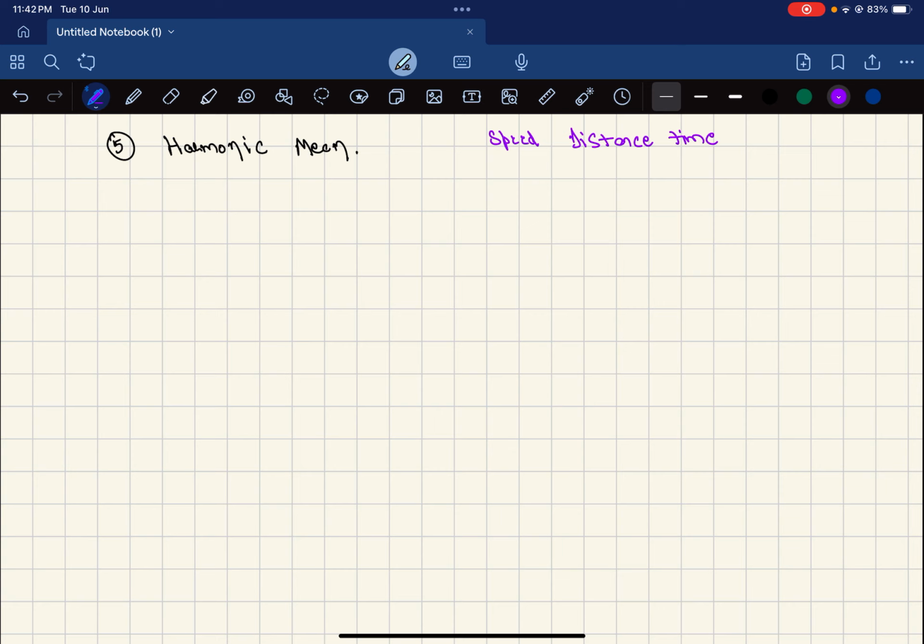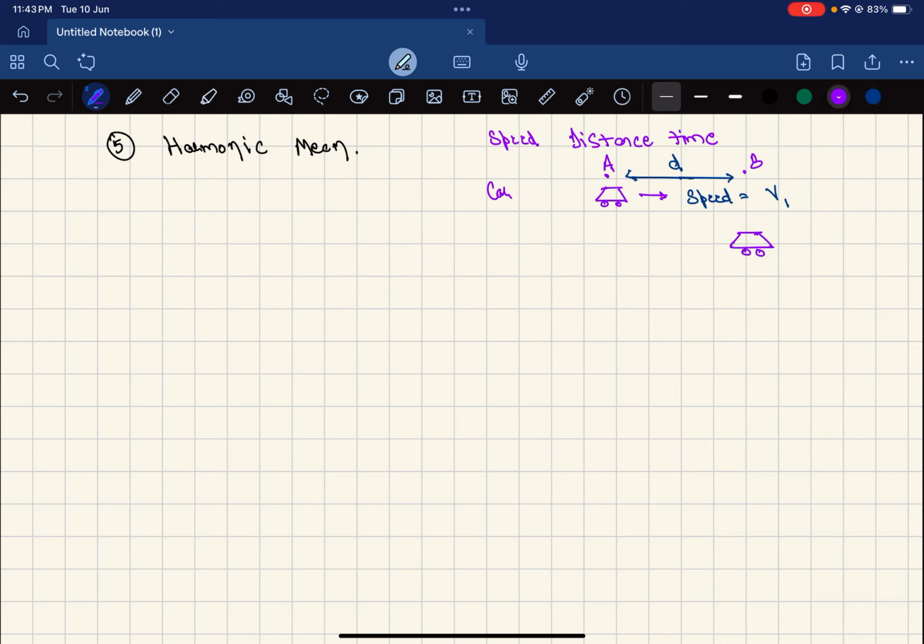So let us say there's a car which goes from point A to point B, and the total distance between A and B is D. The car goes from point A to point B with a speed of, let us say, V1, and then once it reaches point B,